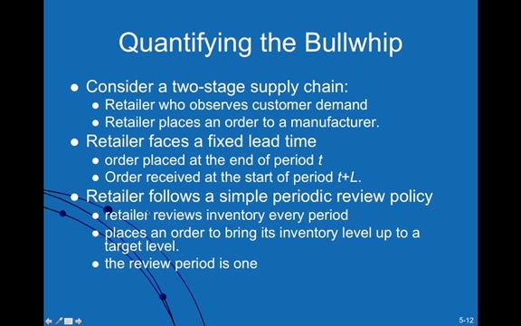So if the retailer follows what we call a simple periodic review policy, what happens is that the time between orders is fixed. So you might order weekly, monthly, every 2 weeks, every 3 months, etc. But the amount that you order changes each time. So if that is the case,